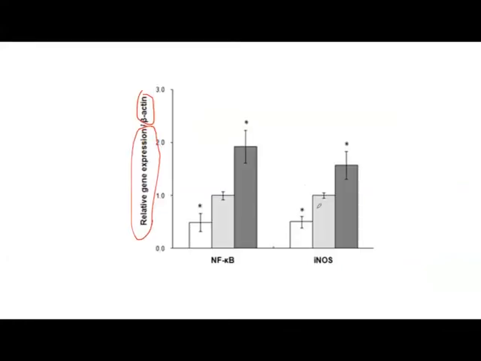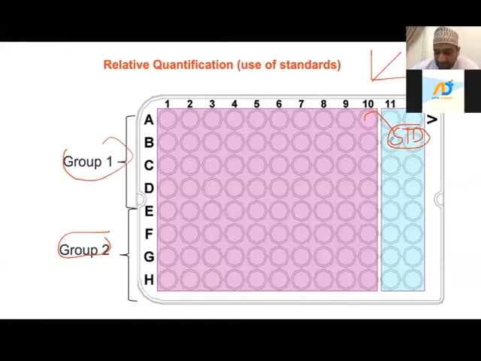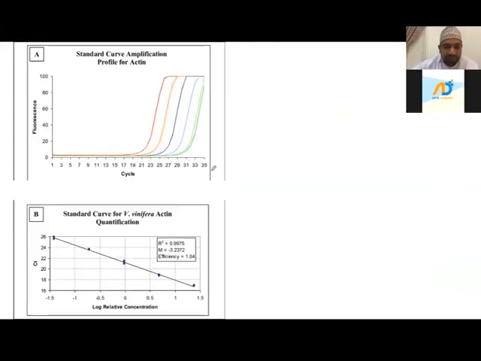As I said, you're going to run what is called the standards. These are different wells in your plate, and you take a sample with the highest concentration. This is the concentration 1, and then you do a 1 in 4 dilution or 1 in 5. So you do serial dilution. All you need to do is prepare samples. If this is 1, you do 1 in 4. So you take 1 microliter of this sample plus 4 microliters of water, and then it will be serially diluted